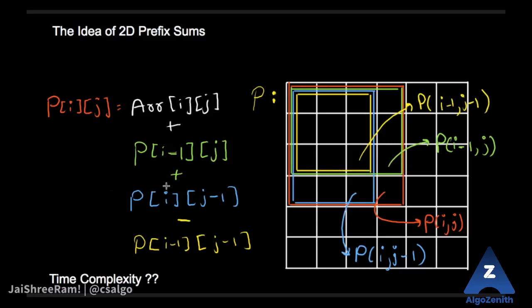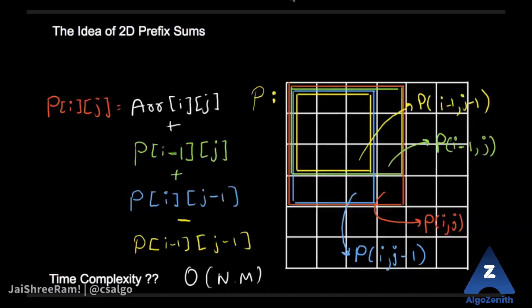And since we are doing just a loop from i equal to 0 to n minus 1, j equal to 0 to m minus 1, and for each of the cells you just find out the value using these 4 array accesses. So each of the cells takes order 1, so the total time complexity will be order n times m. Like if the dimensions are the same, it would be n square, or if they are different, it's n times m. Okay,